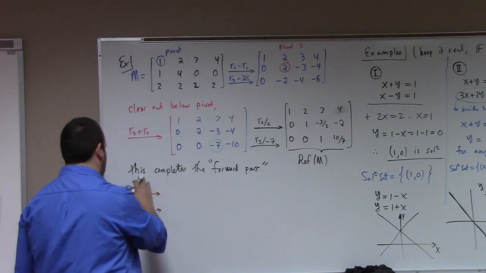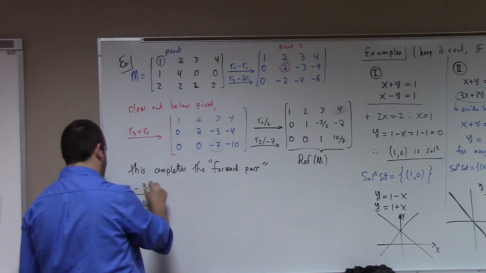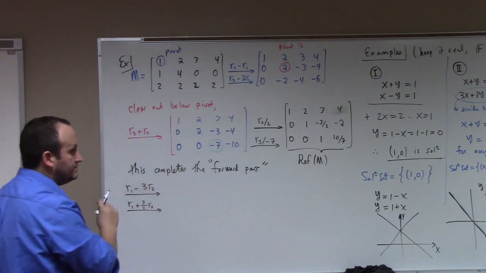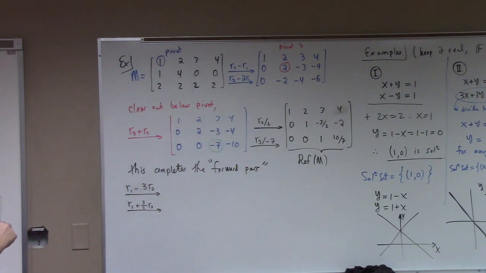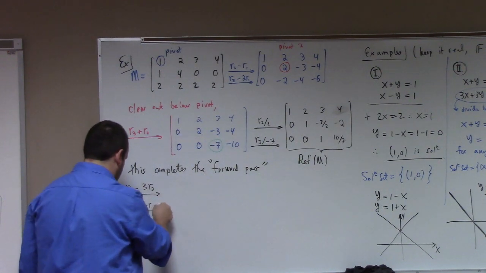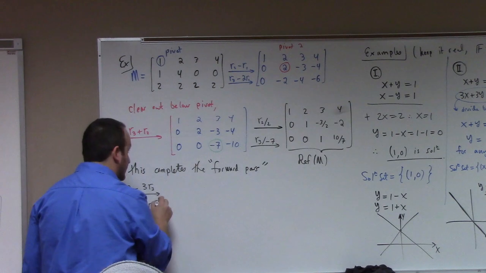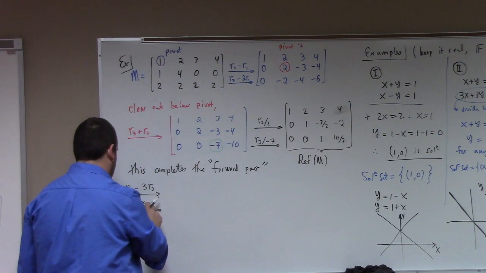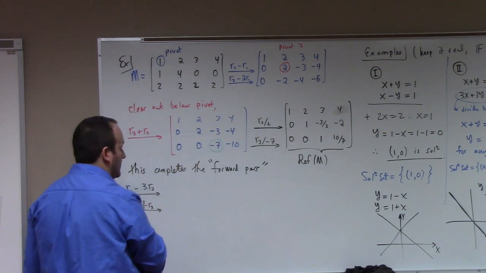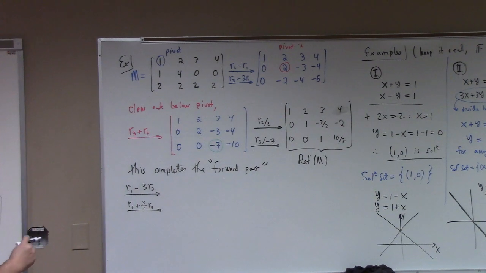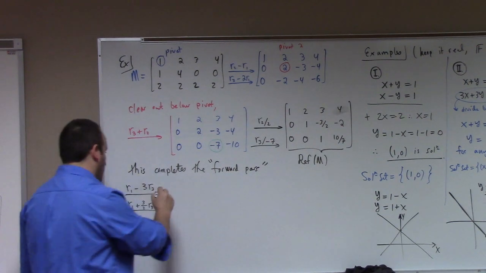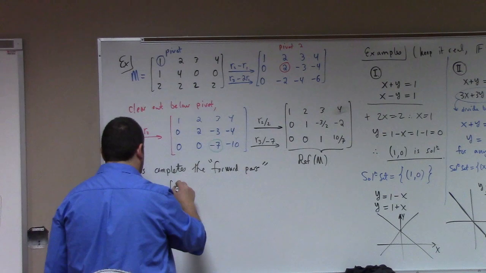Wait a minute. No. Row 2, 3 halves row 3. What's that? Row 2 plus 3 halves row 3. Row 3, yeah. Oh, minus? I think we need plus because we want them to cancel. Oh, yeah, you divided by minus. Yeah. Right. So anyway, so we got